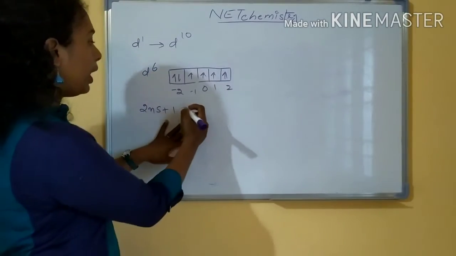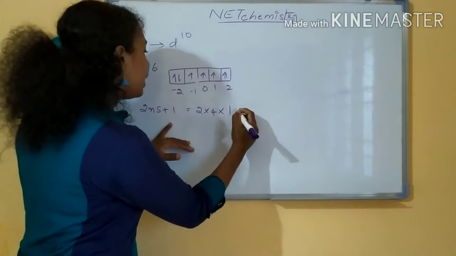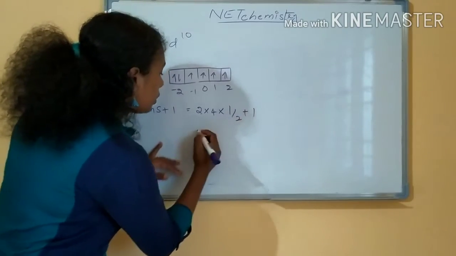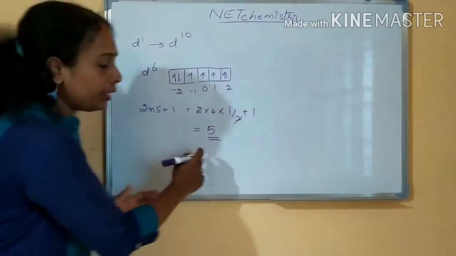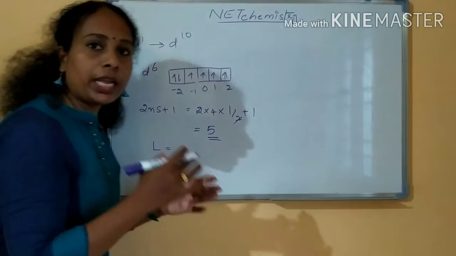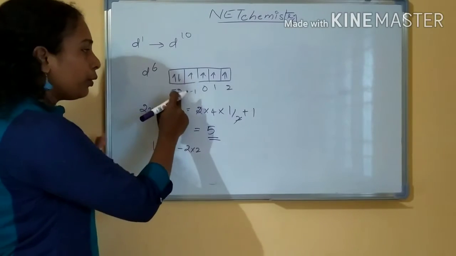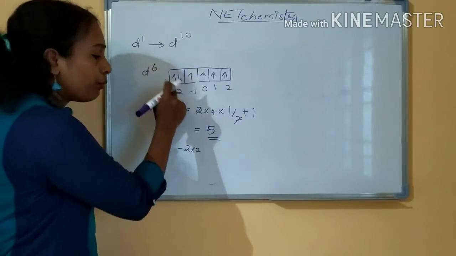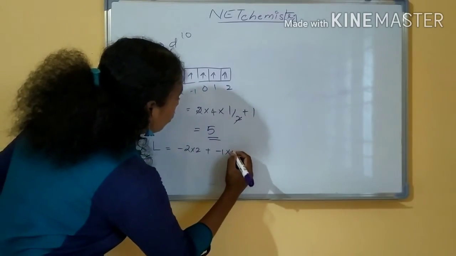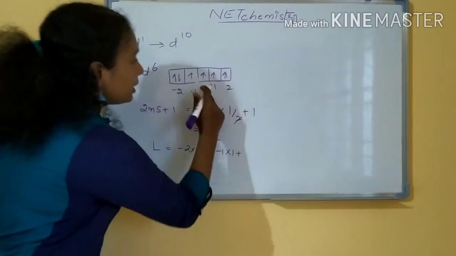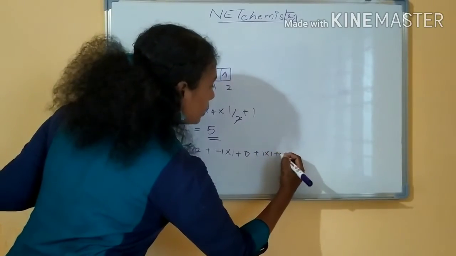We will see 2S plus 1. Number of unpaired electrons: how many? One is a paired electron, so 4 unpaired electrons are there. Each electron has 1 by 2 spin. So I have written 4 plus 1, and you will be getting the spin multiplicity 5, right? Now I have to calculate the L value. How to calculate the L value? You have to take the angular momentum into the number of electrons. So the small l value into the number of electrons: minus 2 into 2, plus minus 1 into 1, plus 0 into 1, which is nothing but 0, plus 1 into 1, plus 2 into 1, right?